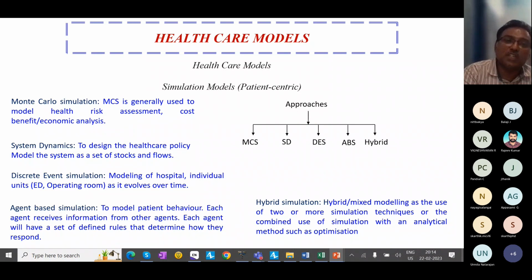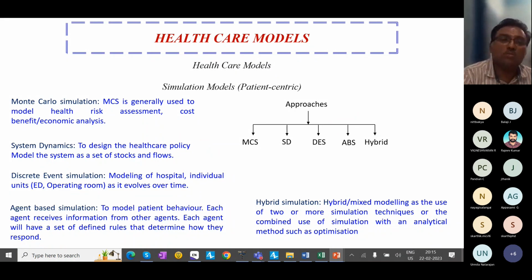Susceptible, exposed, infection, and recovery, where you are going to design the entire system as stocks and flows. By using certain ratios, you are going to manipulate it. At the end of this lecture session, I have some simulation models which I will share with you on all these: agent-based, DES, and SD. And then the discrete-driven simulation model.